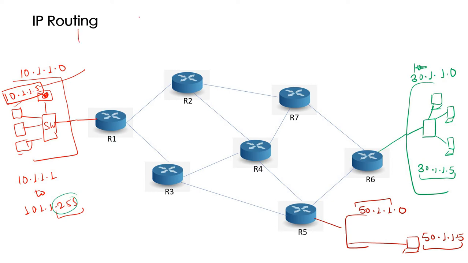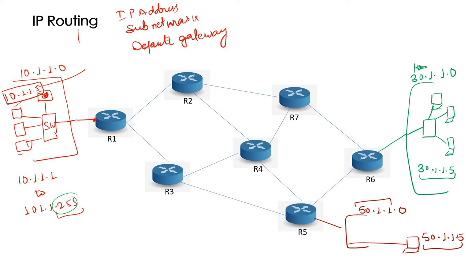Because if we go to the basic configuration, we have defined the IP address on the computer, right? We have given the IP address first, then we have given the subnet mask, and then we give the default gateway, right? These are the things we do. So we have given the default gateway on this computer. What will be the IP address of the default gateway? That will be the IP address assigned here, right? So once it pings, what will happen?